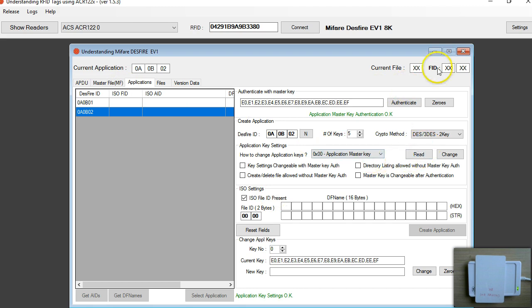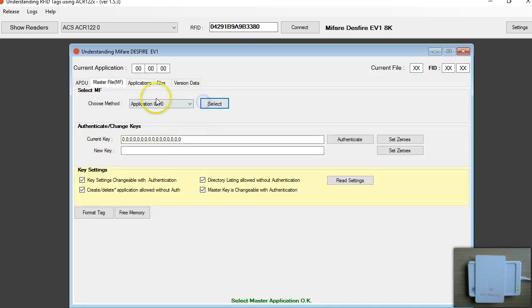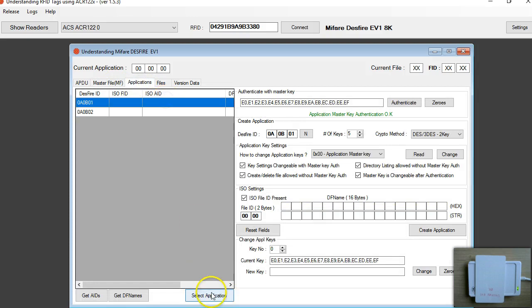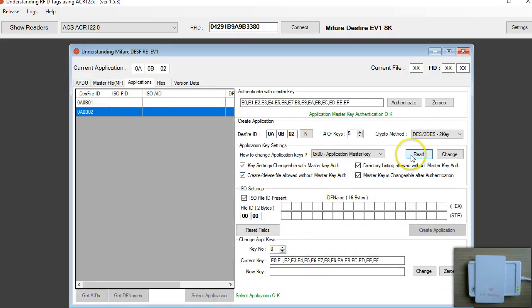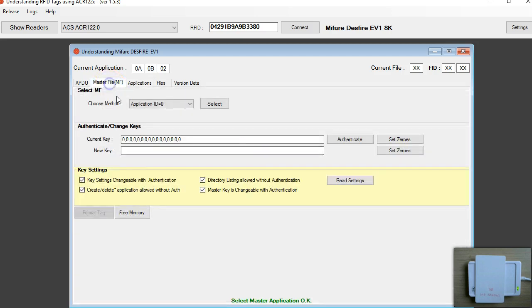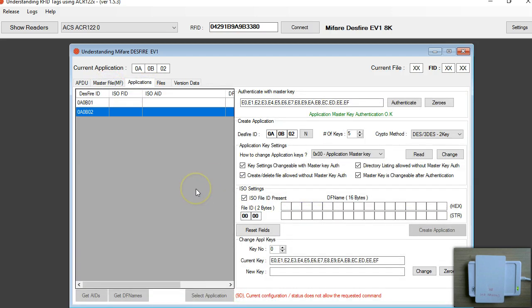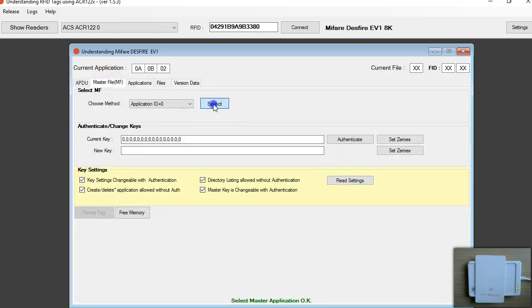Okay, so let's try to change. Go back, select the master key, and sorry, I selected the wrong application. Yeah, here, and I'm going to authenticate, read. This is what I got. Let's pretend to change something. So change, no, it says you cannot change it. So the key settings are frozen. So I can always revert this back. If I select the master key and say format the tag, it says I can't format either,